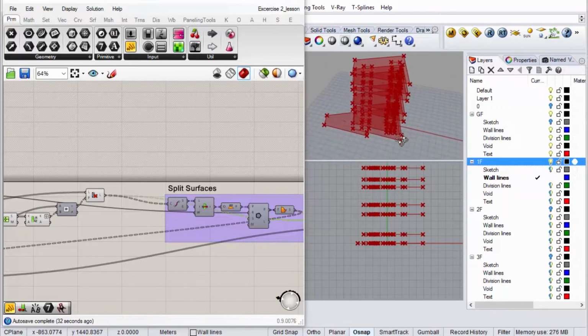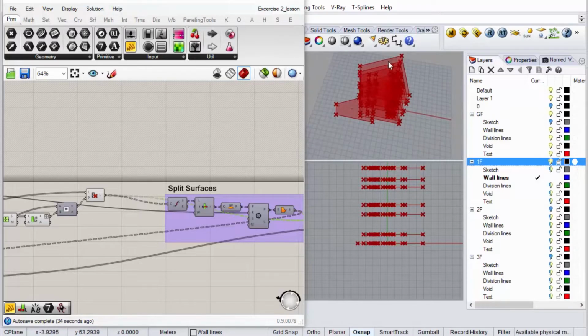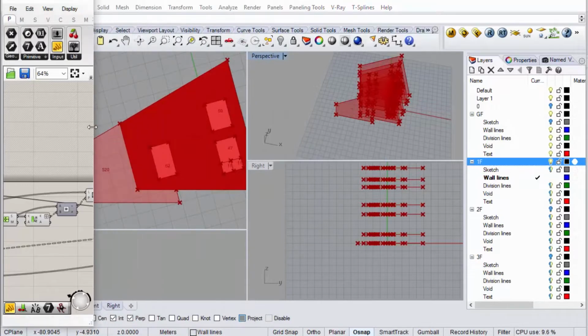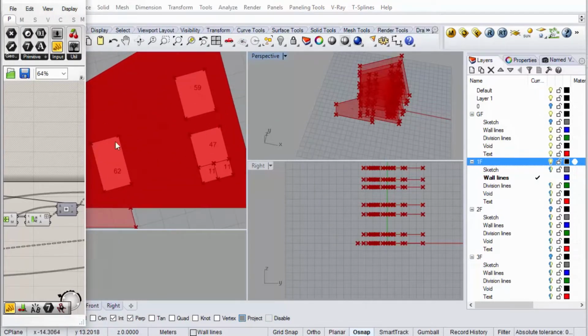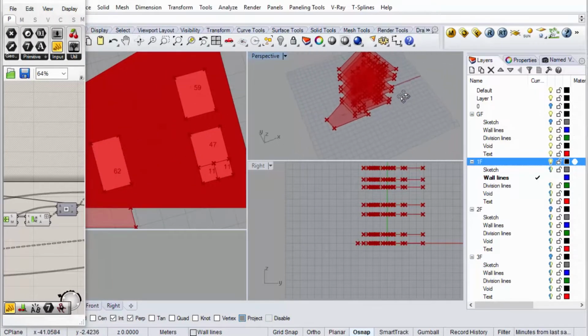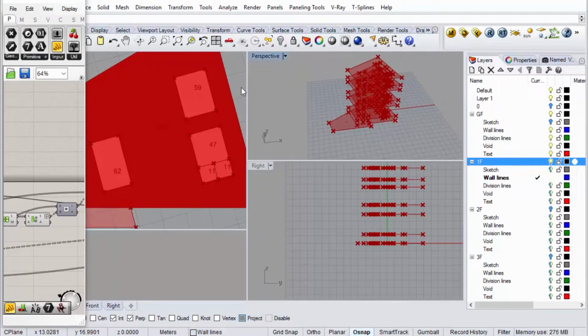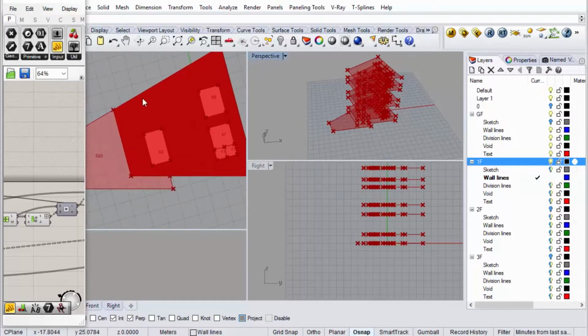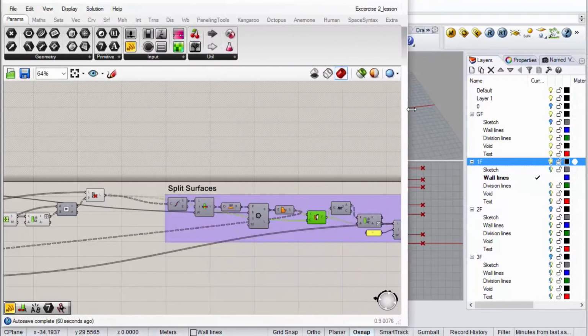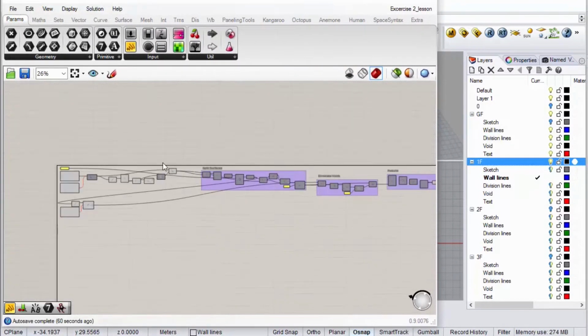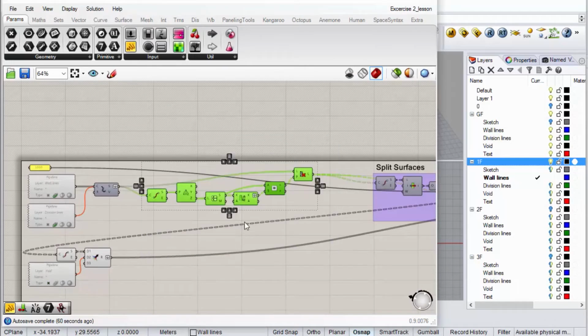Now, the problem is that when you've got multiple levels and they're all getting displayed at the same time, it becomes pretty much impossible to use this as a sketching tool. So we need to find a way to control what level is being shown so we won't be distracted by any other information in this projection. Let's just call this